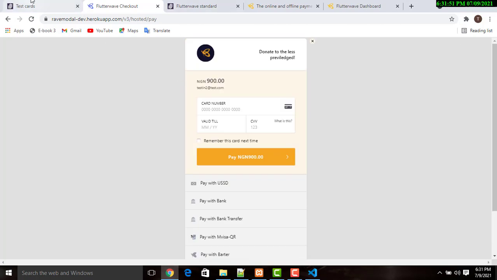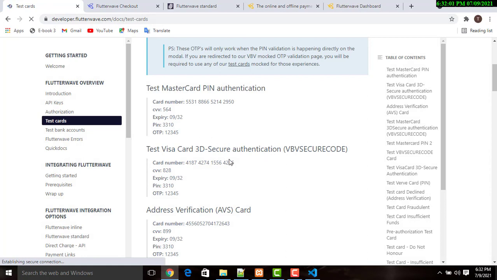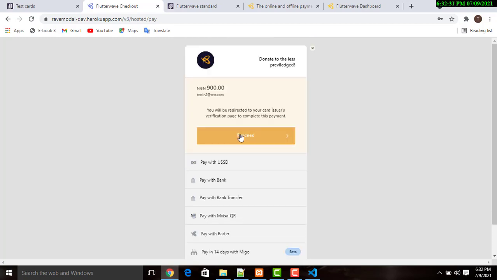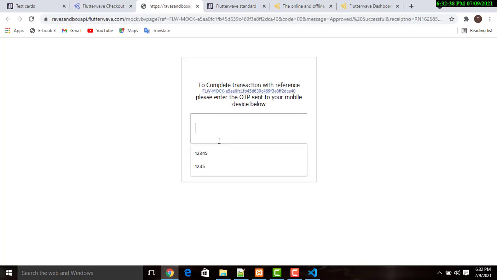So we don't have to copy and paste the link anymore. So what do we do now? If you want to make payment, you can. Let's make use of the testing data to make the payment, and after that we'll see where we will land. I'm going to copy this, and on the payment page I'm going to paste that right here. For the validity, this is just 0932, and for the CVV it was 564. Then I'll click on pay 900, and then click on proceed, and that's going to open up another tab where we'll have to put our OTP. So we'll just put 125 and click on submit,